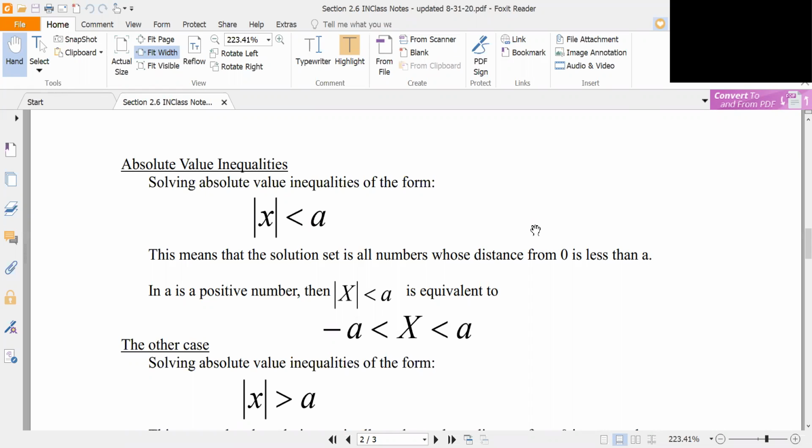All right, this is the remaining examples from section 2.6. We're looking at absolute value inequalities, and there are two types that we're going to be focusing on. Obviously, we have less than symbols, and then we have greater than symbols. Now, within those two types, there are some places where you'll get some differences or special cases, so we'll talk about that as well. So, looking at this first one, first of all, you have to know